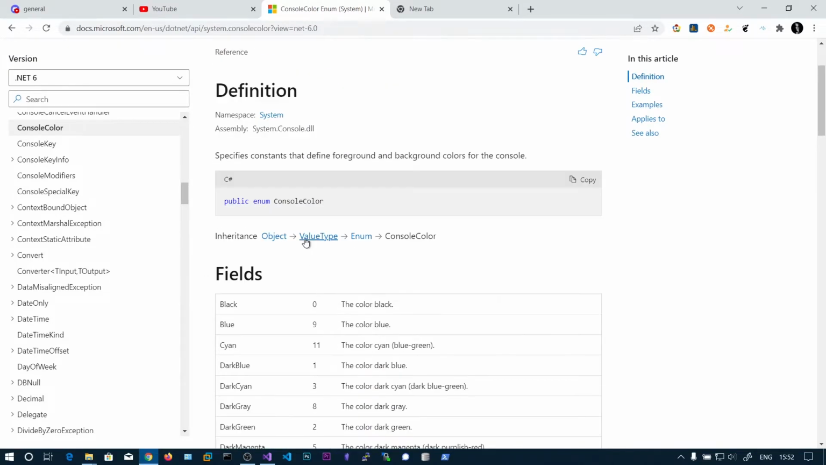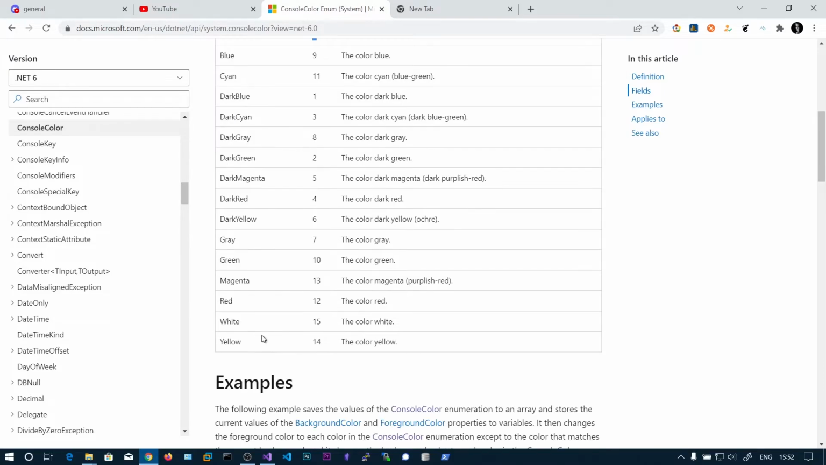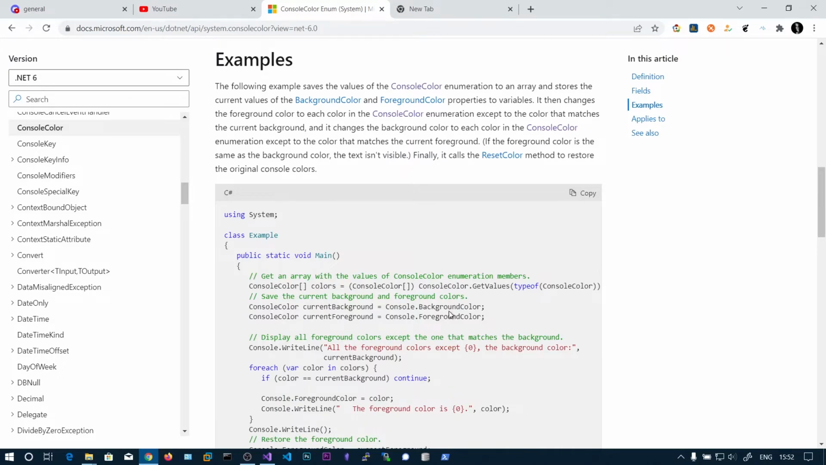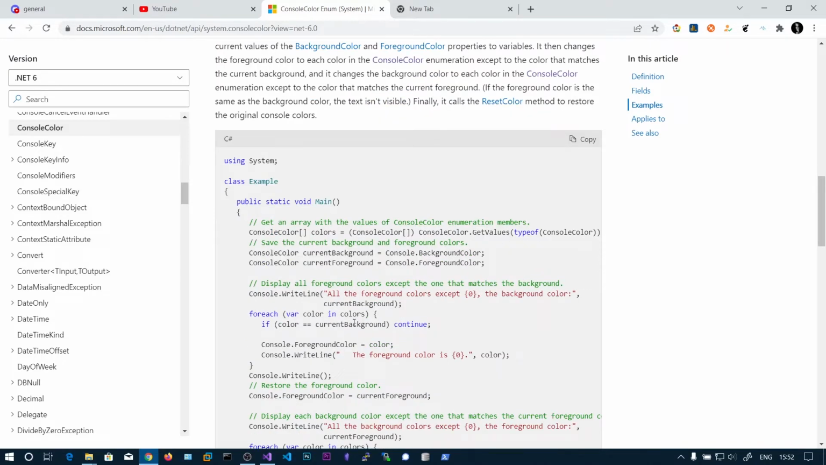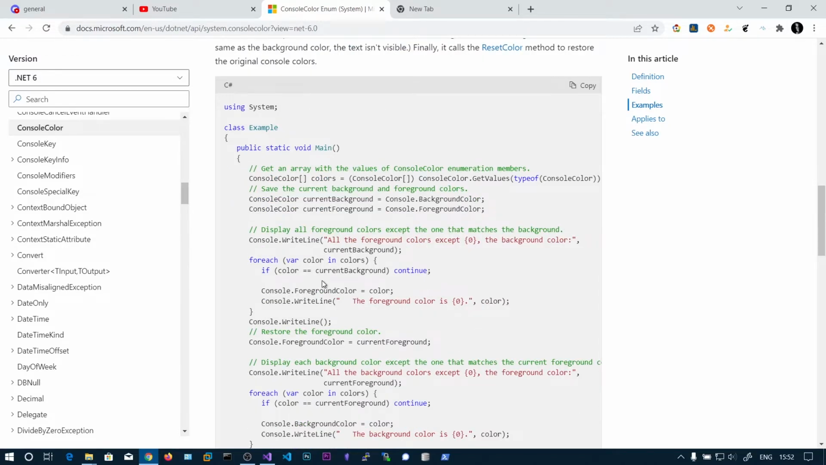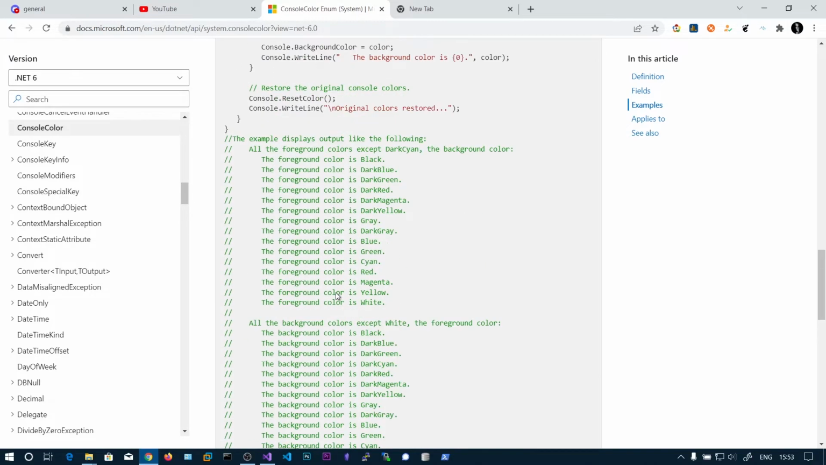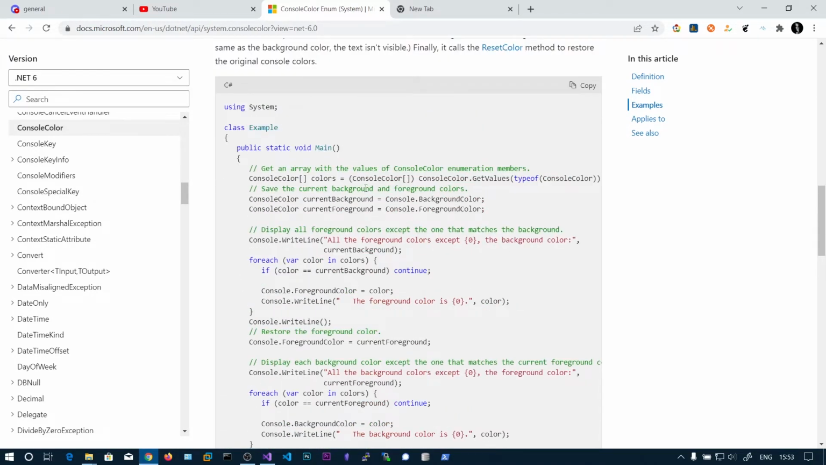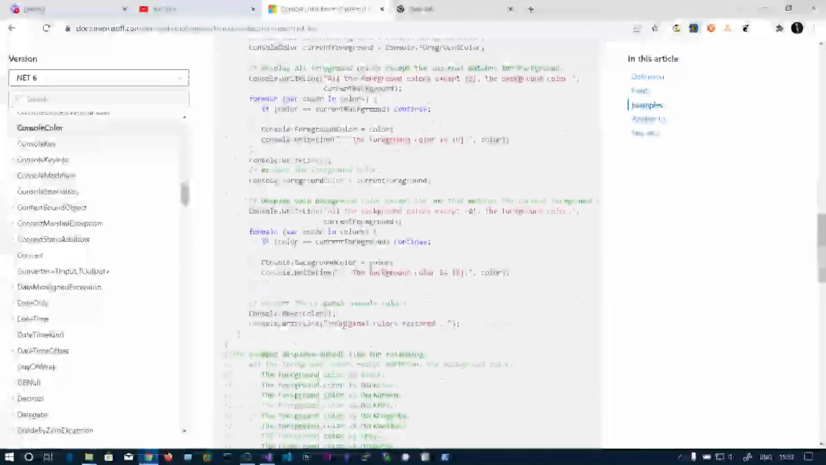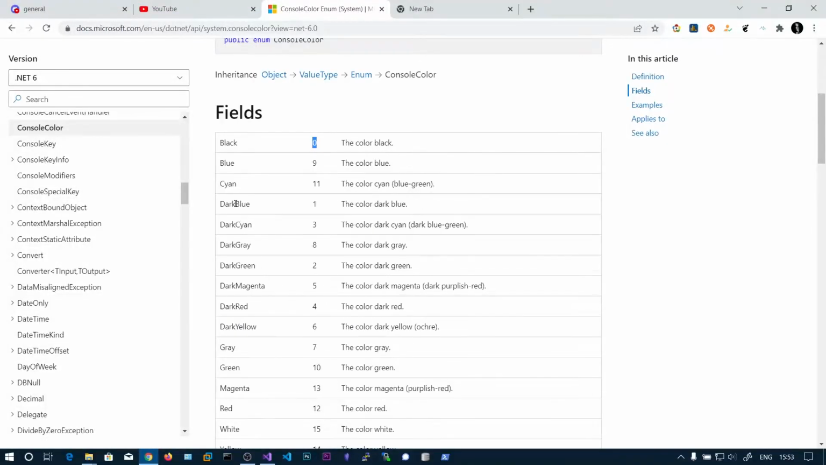So here you can see these are the values. All you can do is access these values using ConsoleColor.Black. So you can say ConsoleColor.Black, it gives the value 0, and here you can see the examples as well. So they are looping over this ConsoleColor array and printing all of the values, but we will be just